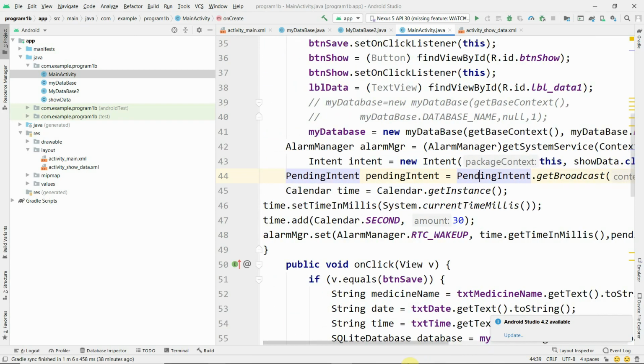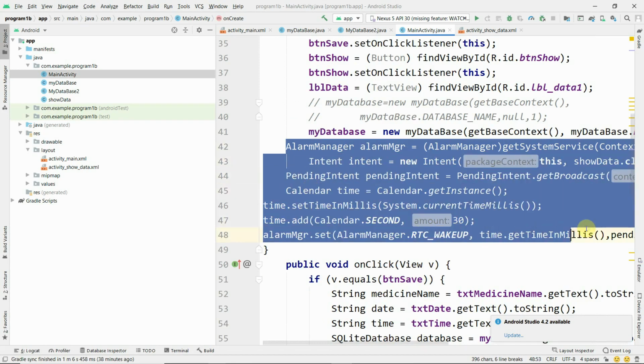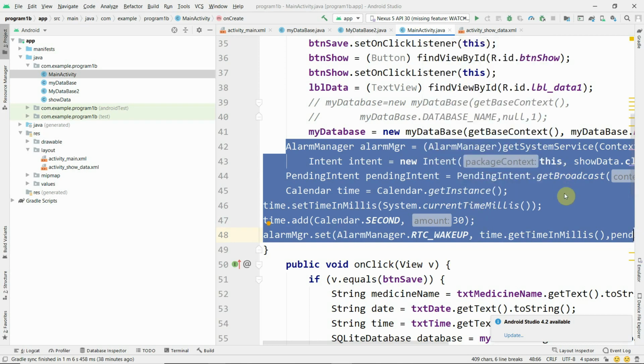These many steps are required for triggering the alarm. When some medicine's date in the medicine database is equal to the current date, we are going to show that medicine name.